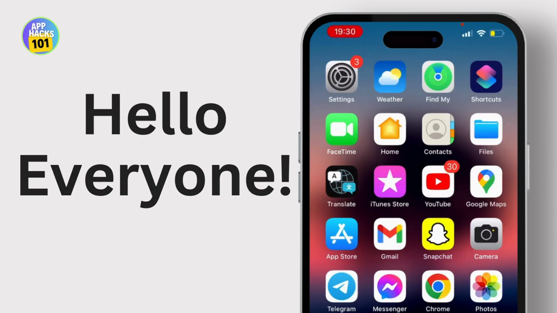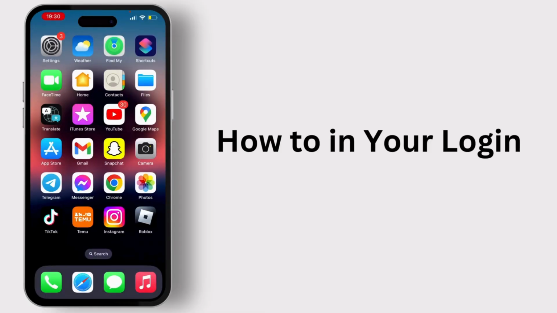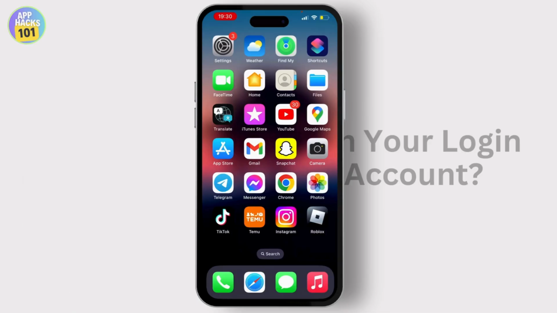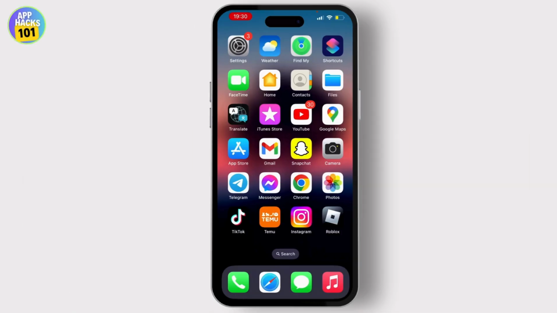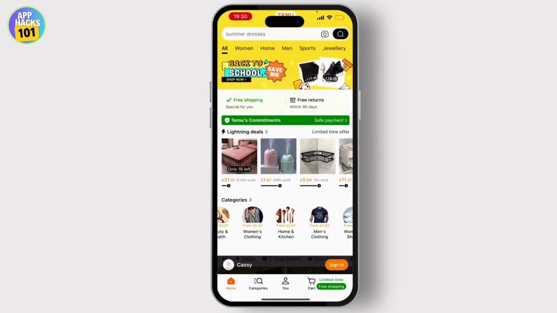In this video, I will guide you through how to log in to your Temu account. If you want to log into your Temu account, then first of all, make sure that the Temu application is installed in your device. Now, open the Temu application and hit on the U icon which is on the bottom of